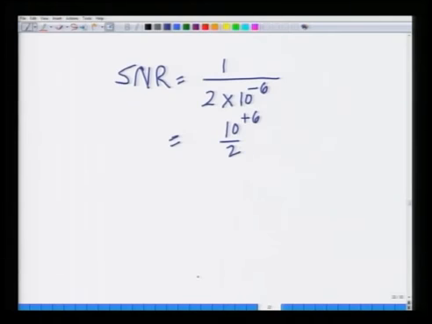So, the SNR in dB is 10 log 10 of 10 power 6 over 2,